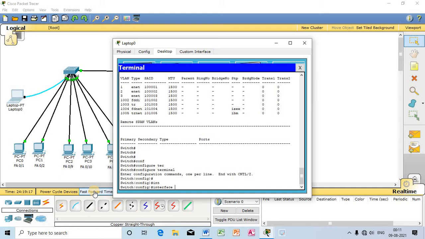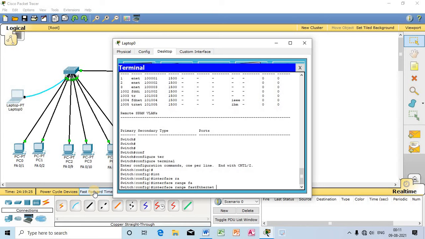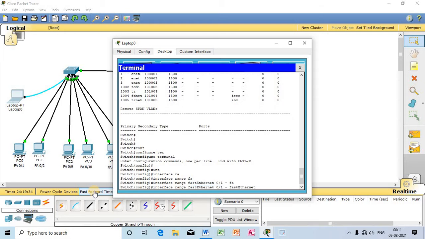So we have learned this command in part 2. Let us implement the same. So interface range. So the range between fast Ethernet 0/1 to fast Ethernet 0/8. So 8 ports I have selected using this particular range command.